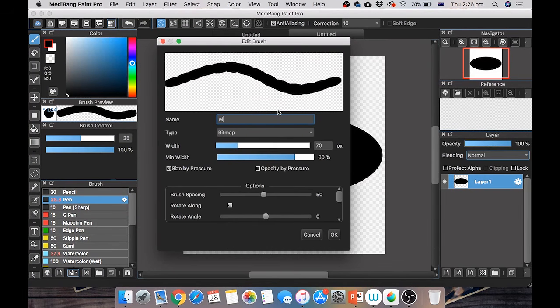So just quickly give it a name. So I'm just going to say ellipse. Leave it at bitmap. I will go through all these options at some other point in another tutorial maybe. But for now, we'll just leave this one at bitmap. And then leave all these options the same, and let's